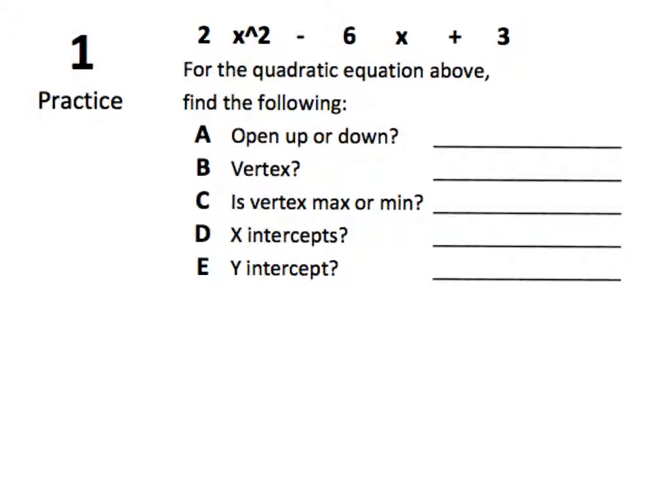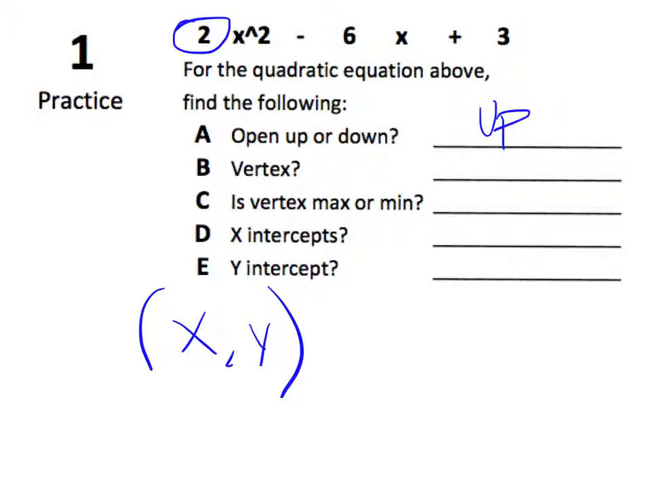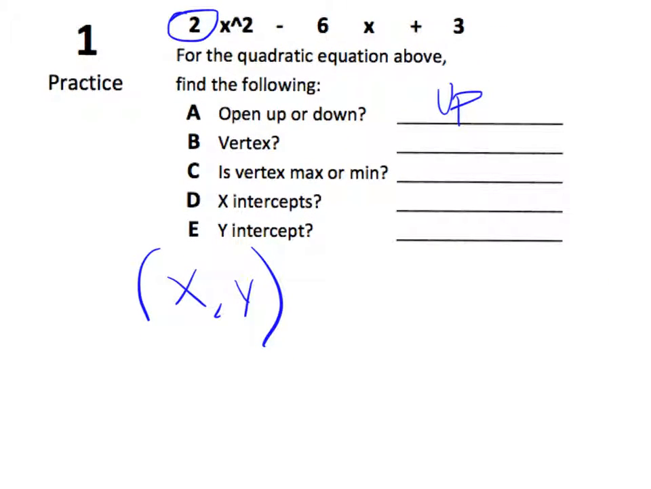In this problem, does it open up or down? Look at this item here. That means it opens up since it is positive. And then to find the vertex, which is an xy point,